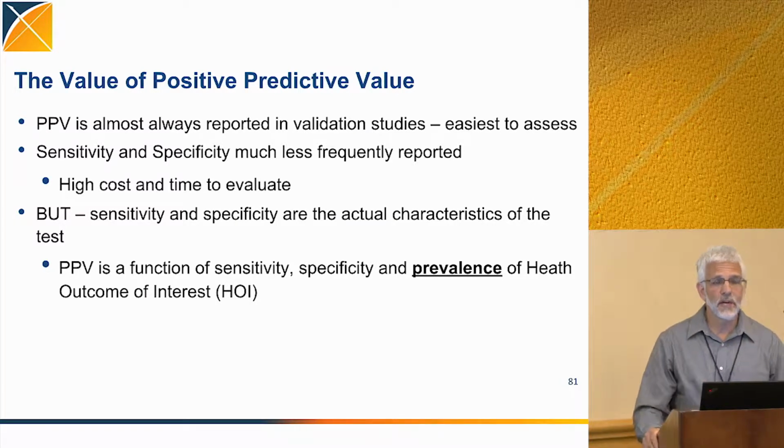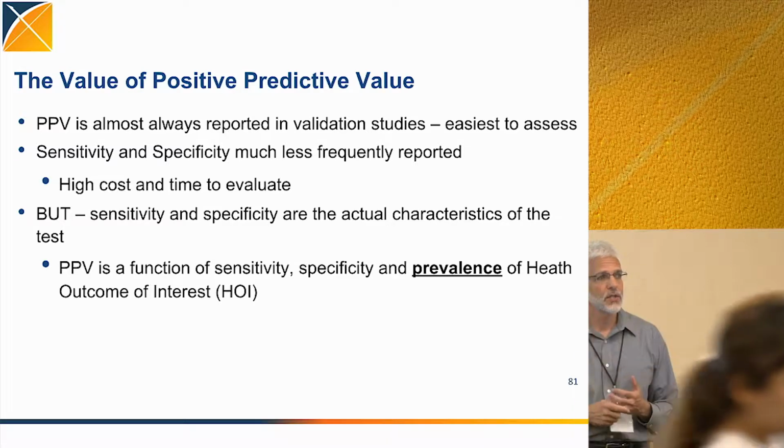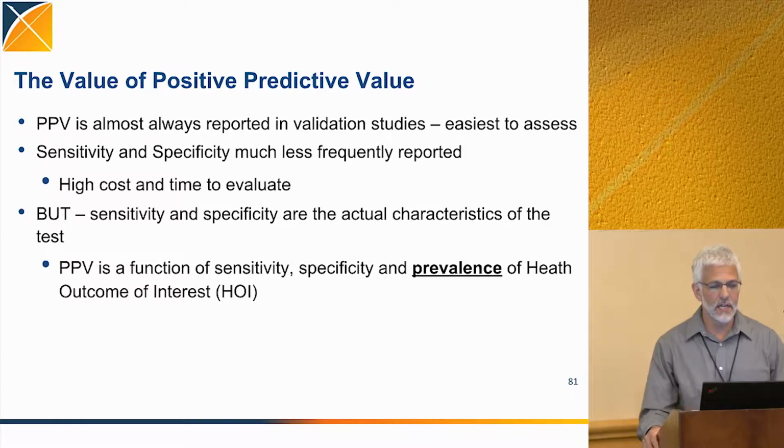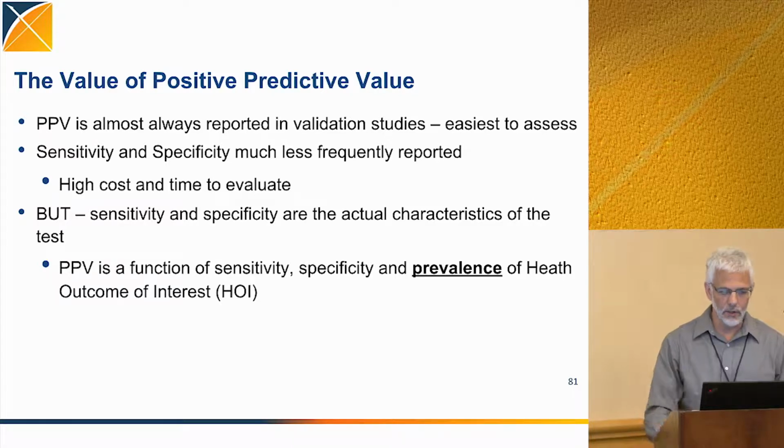Sensitivity and specificity are generally not given because it's too hard; you have to look at a much larger set of patients. For positive predictive value, you just have to look at the positives that you came up with, the 200 or 300 people, and have the clinicians go through them and see how they did. For sensitivity and specificity, you have to include all the negatives to see how well you're doing. That's a tremendously high cost, and nobody's going to do it. The other thing is that